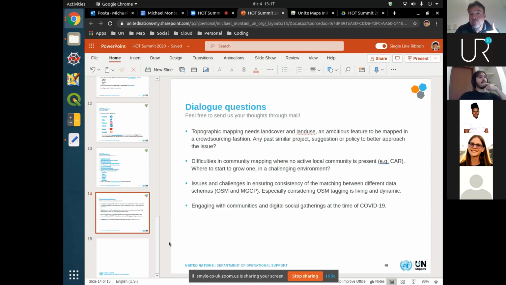This data is coming from the old data feature extraction that we did in the past, and that we now want to give to the community as open data. So we do believe that with the UN Mappers community and the Unite Maps initiative, we are reaching a win-win situation with the community at large. So thank you very much for your question.